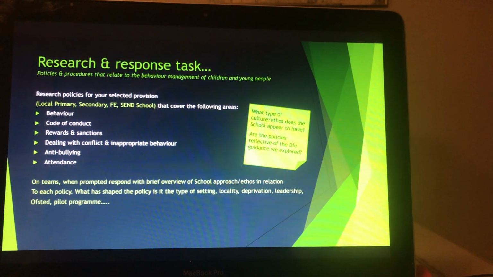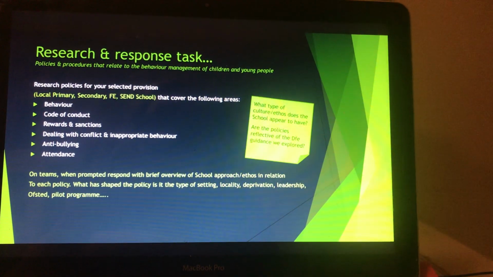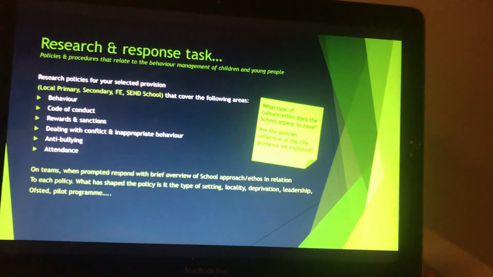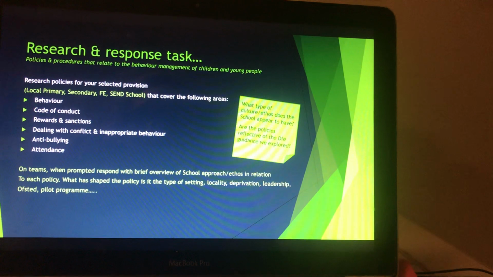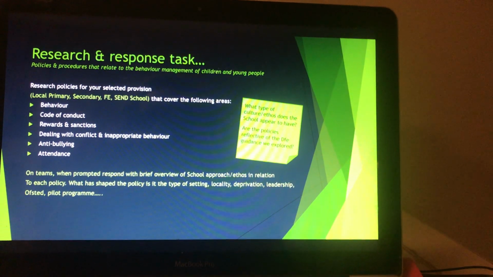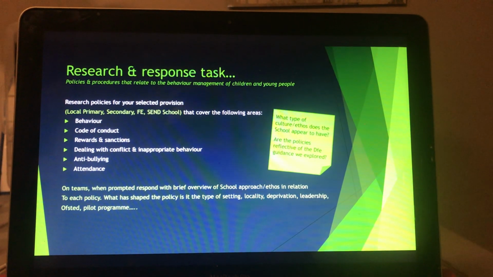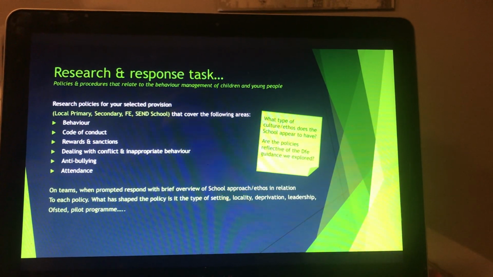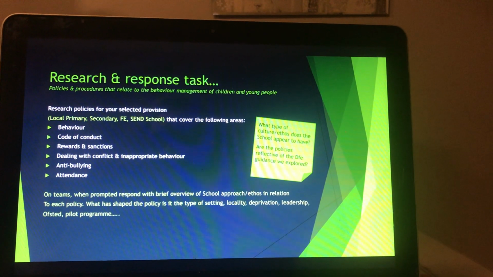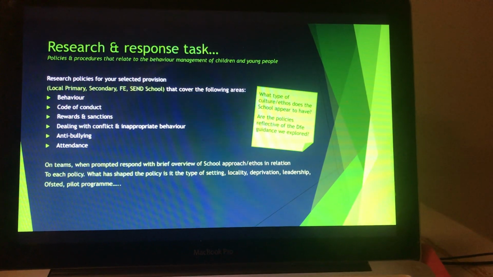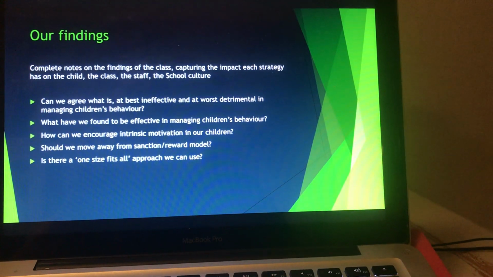I want you to think about whether your school actually does use public shaming in rewards, as you will see in one of the articles that we've posted up, and the impact you think that has on the child, and actually how the expectations are set and how they are communicated. You know, have a little think about all of these things when you're talking to me about your policies and procedures. Okay.